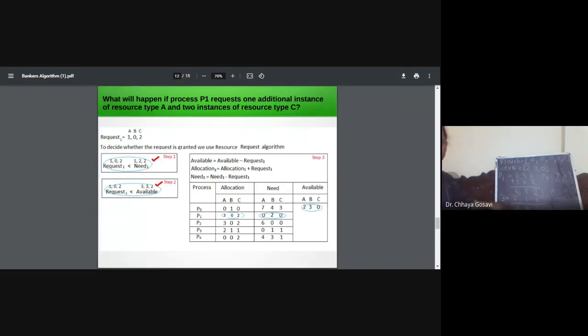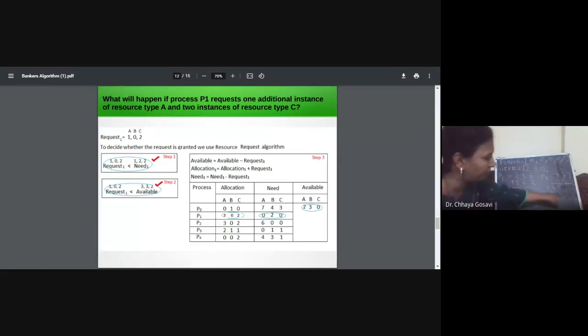Now for P4 the requirement is 431. So yes, we can grant this request of P4, and we have to add its allocation, that is 002, to available, and that will be 745. Then we loop again and check whether we can grant the request of P0, 743.